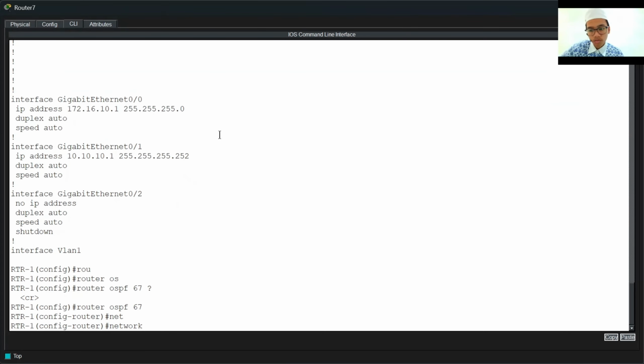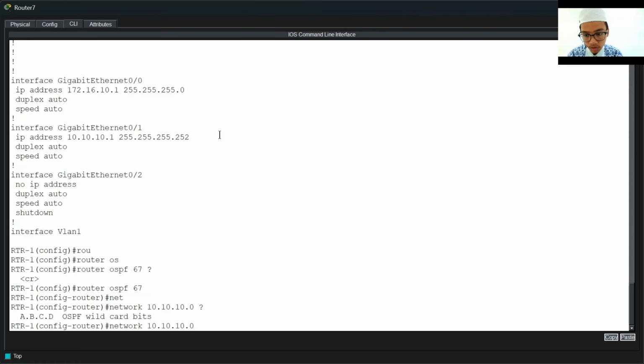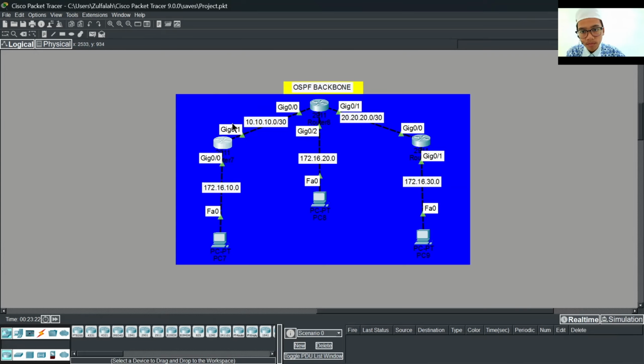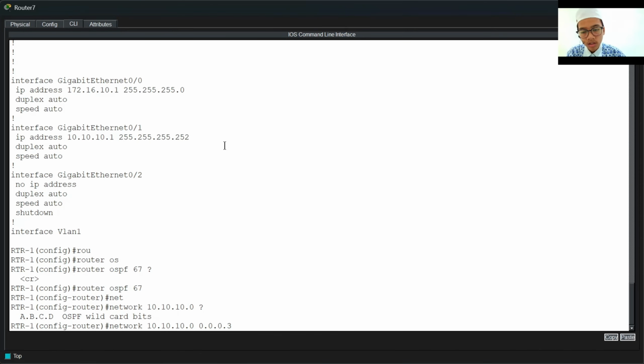Okay, now add the network 10.10.10.0, and we use wildcard bits. So in OSPF they use wildcard bits, not subnet mask. The wildcard bits for /30 is 0.0.0.3.